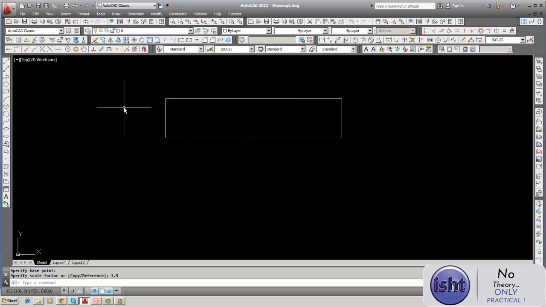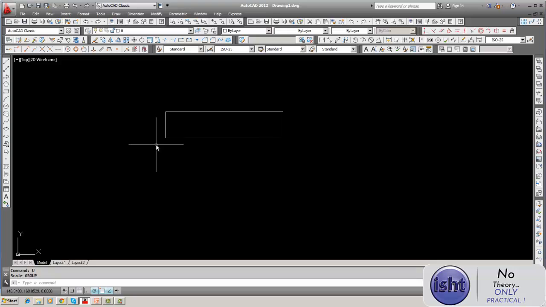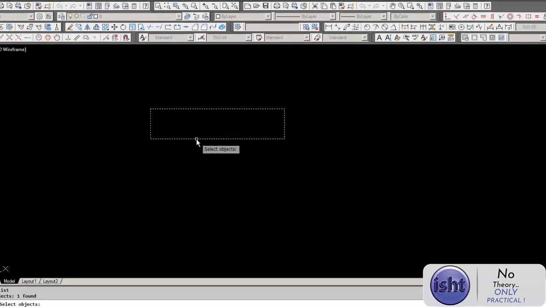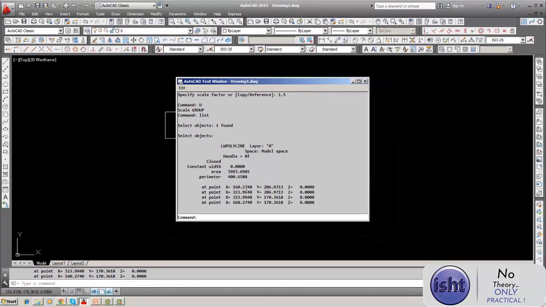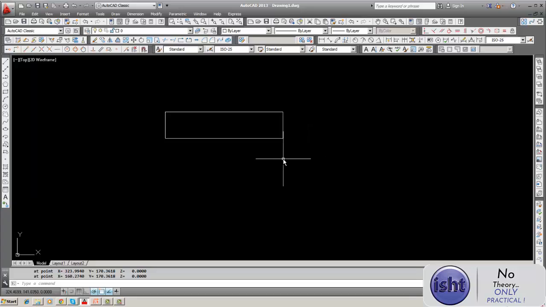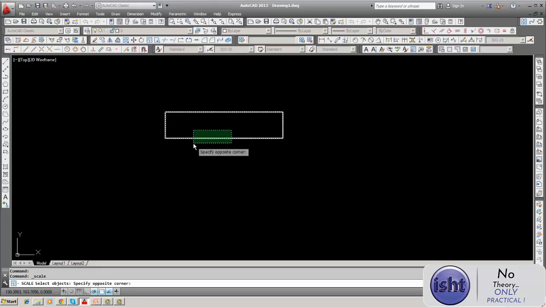See, I will demonstrate how the sizes change. This size you can measure. See, it gives the area, it gives the perimeter, and then x 160, 23, etc. So these sizes, 160 to 323, and at a point it gives all the points. So these are the coordinates, and suppose we scale it, we increase the scale to 1.5. What is going to happen is the